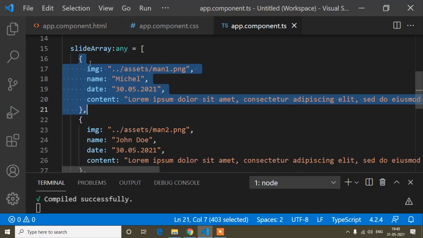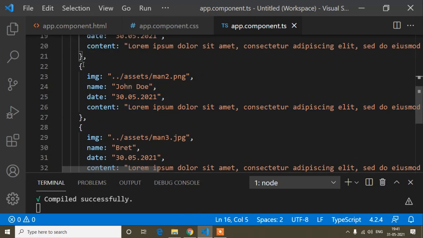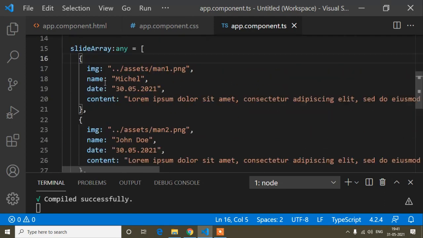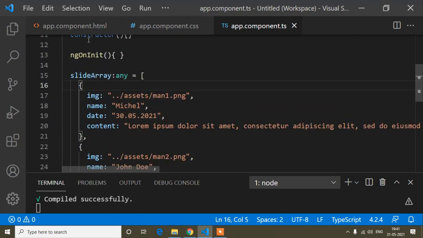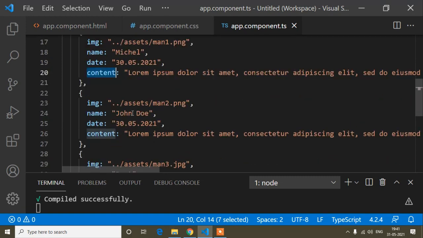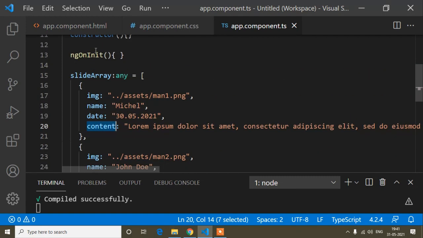When I was showing the preview, there were three slides, so here you can see I have passed three objects. I will bind these three objects in the HTML, and they will be the slides. I have added the image property with the image path, and the name, date and content. All of this I will bind in the HTML and it will be shown as a slider.